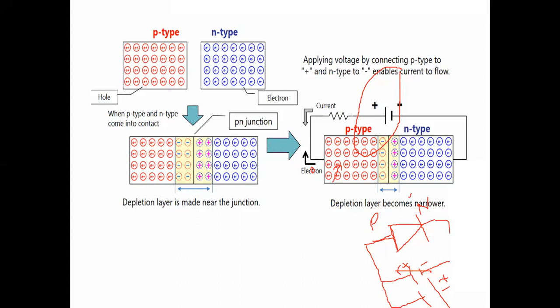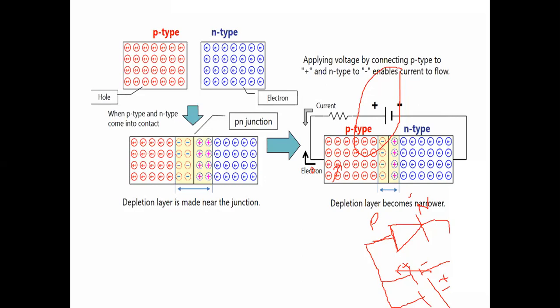If we consider metals, the current flows due to electrons only. For the semiconductors, there is flow of the electrons as well as the holes. Due to the flow of the electrons, we have the electron current, and due to the flow of the holes, that is positive charge carriers, we have the hole current.